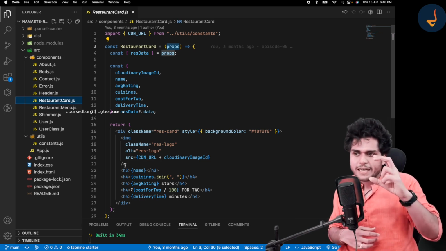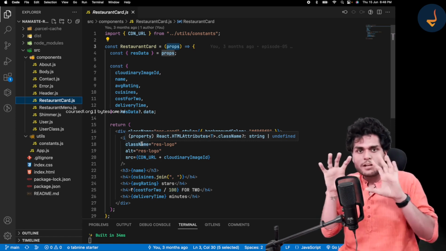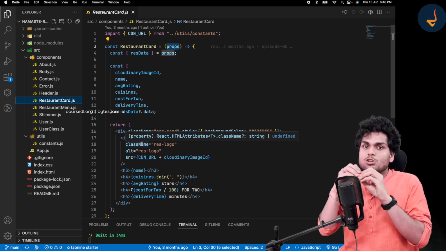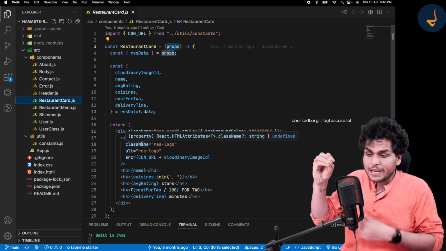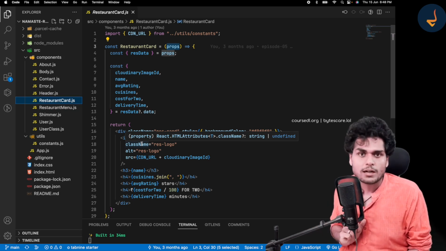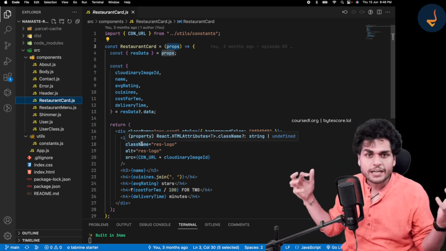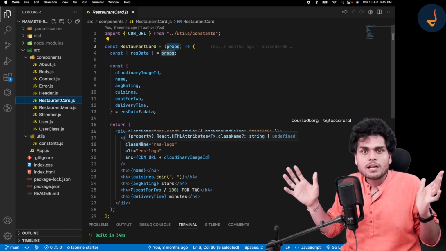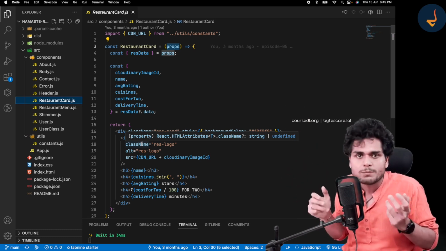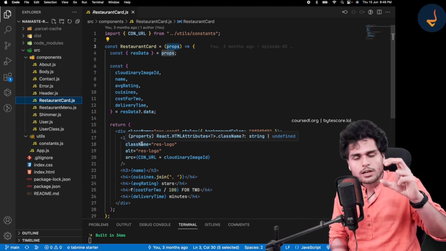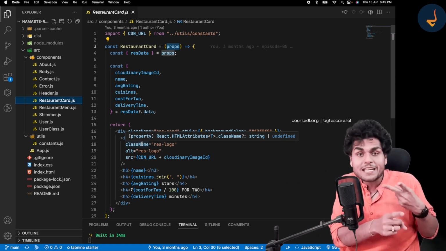So whenever you are testing this restro card, if you have written the test cases properly and all the test cases pass, and then we introduce a bug, we can catch that bug very easily, just by testing this restro card. If you have a very big application where all these components are interlinked one inside the other, then you will get a random bug and you will have to check the whole big component to see where that bug is coming from. So distributing your code into smaller pieces and keeping it modular makes your code testable and maintainable, right?